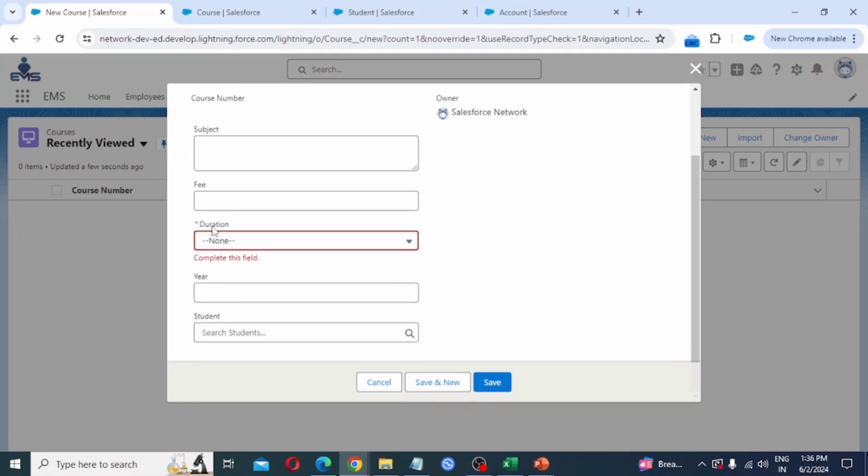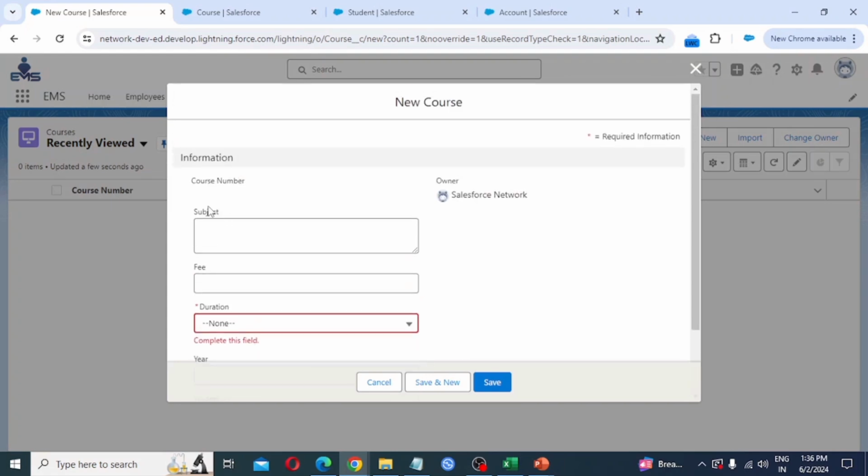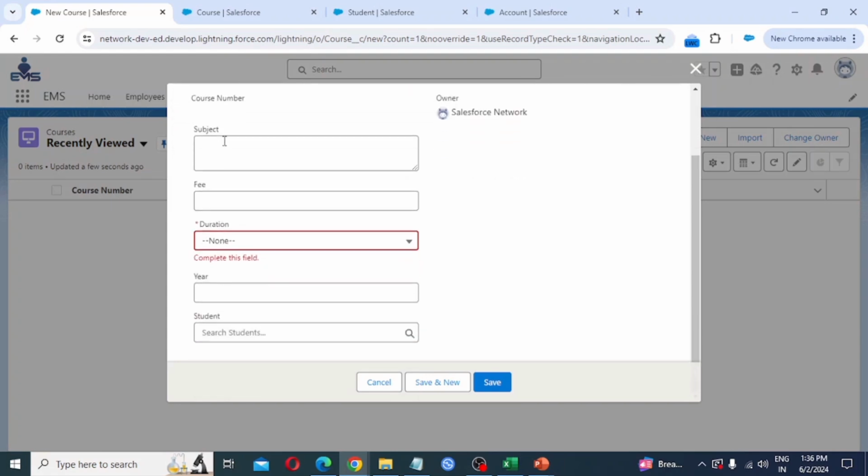Next, year and duration we had made mandatory, year at which year, and here the student field is coming over here. So all I need is to move this student field to the top. For this student we are going to provide the subject, fee, duration, year. So to make it available